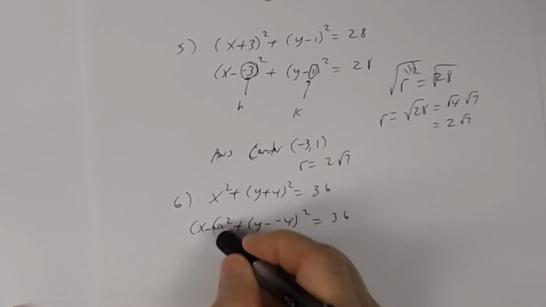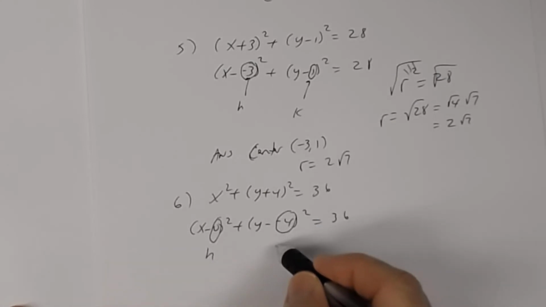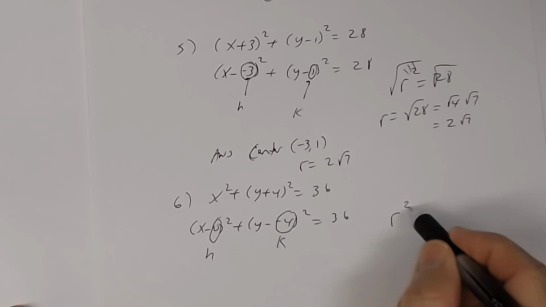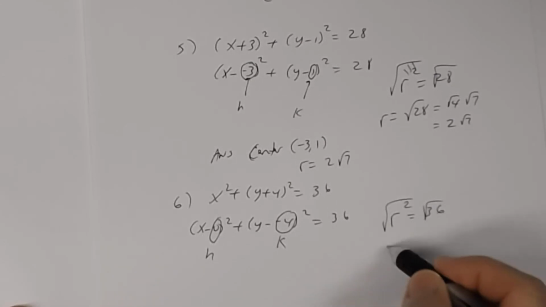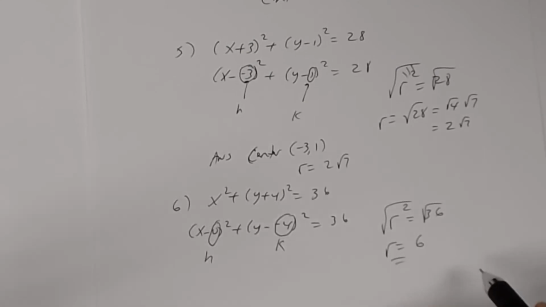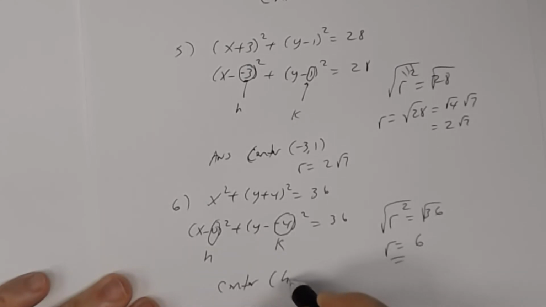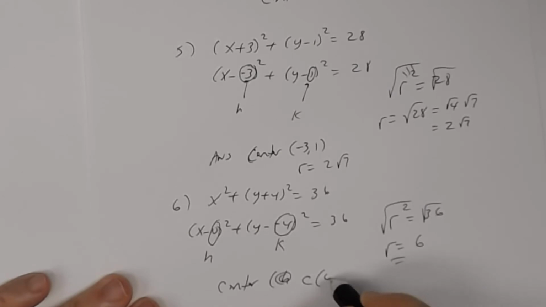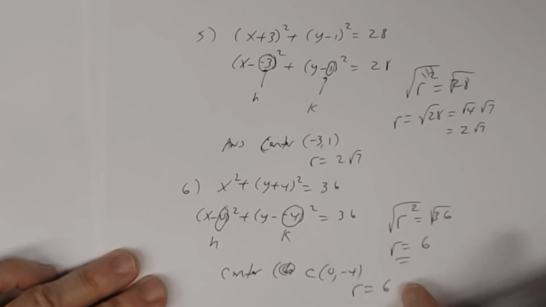And so this is your h, 0 is your h, and negative 4 is your k, and the radius squared is going to be 36. Take the square root of both sides, the radius is just 6. So your center is 0, negative 4, and the radius is 6. All right. So that's number 6. Number 7,